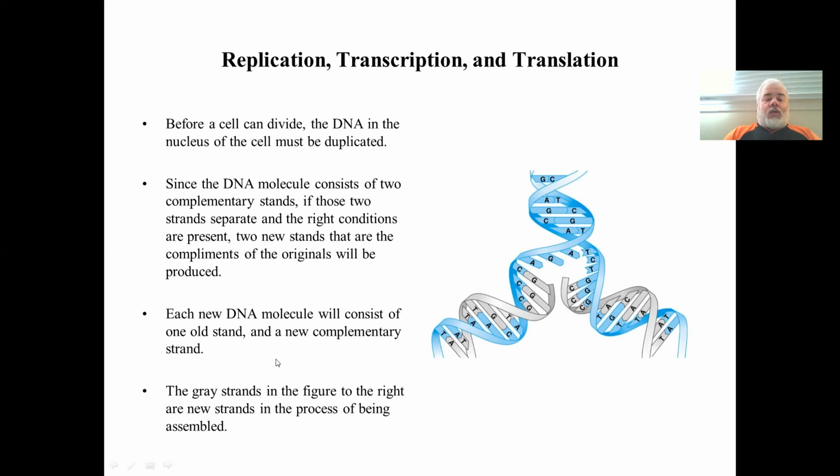Each new DNA molecule will consist of one old strand and one new strand. These are called complementary strands because they're not identical. On this side, if it's ATG, this side has to be TAC. They're not the opposite. They're not a mirror image. They're called complementary. And because you have one old strand and one new strand, the process is called semi-conservative